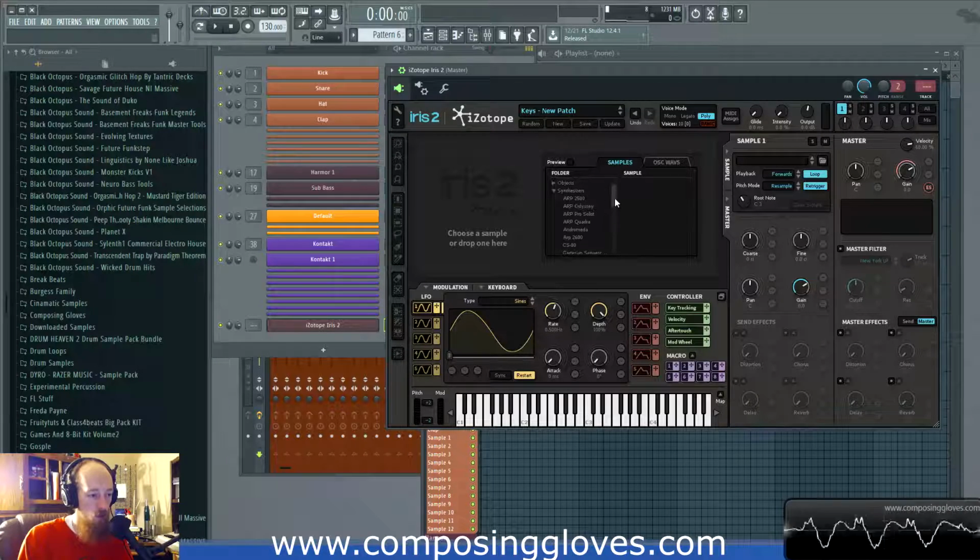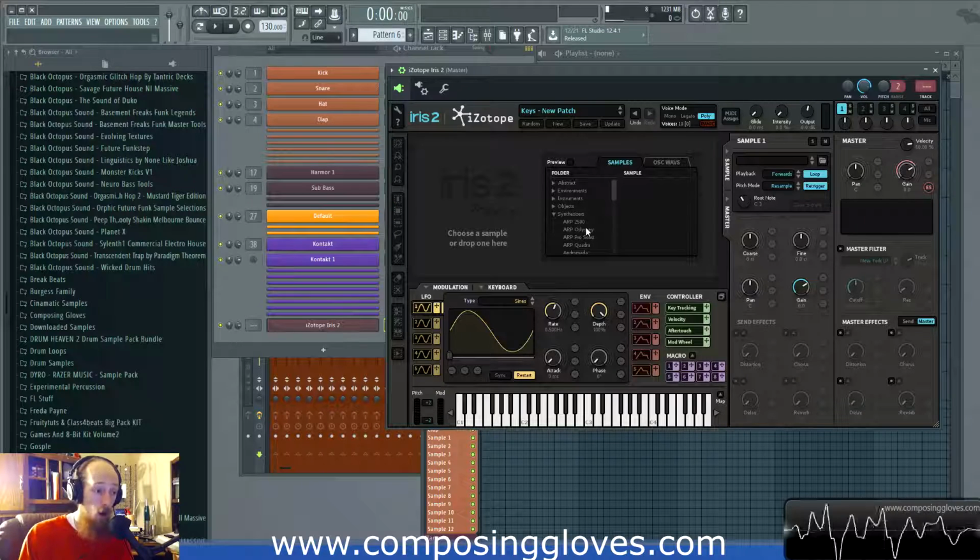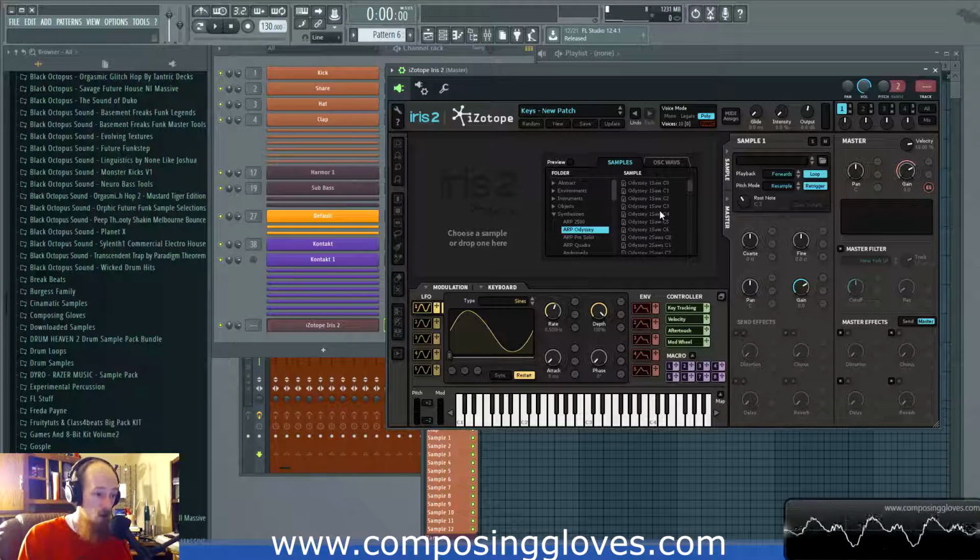So what you can do is select a genre of sample types that they've deemed. Like they have some ARP Odyssey samples here, which are very useful. And you see they are named along with their notes, which is also very nice. We can click on one to load one. But let's say that I want to hear it before I load it, which is something you probably want to do. Simply hit